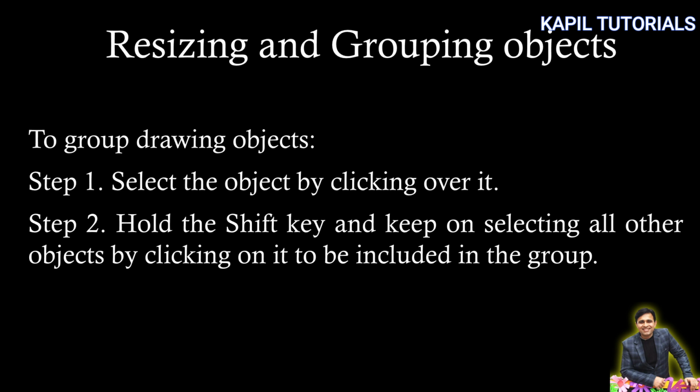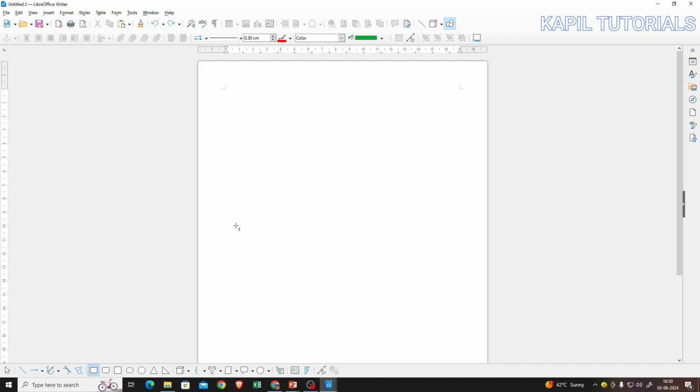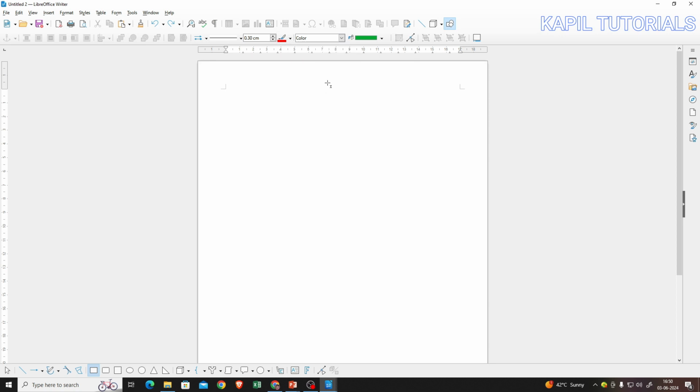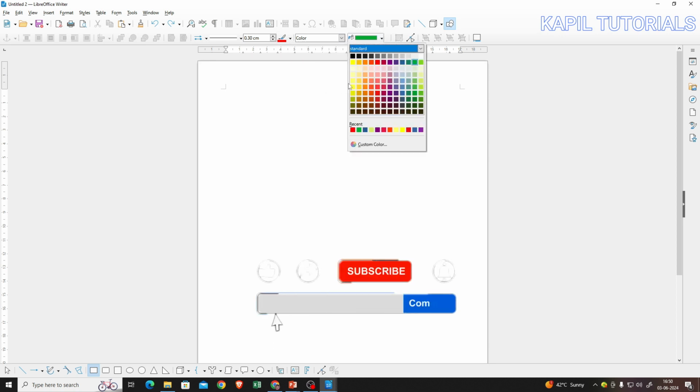Firstly, resizing and grouping objects, the topic what we will be doing now. Objects, already I have taught you how to make the different objects. So resizing means to resize the objects. That also is very simple. Again, I'll teach you. And then how to group that objects. So now I am taking one simple rectangle tool and I'll select the line color from here according to my choice. Let's see, I'm taking red, and this I'm taking